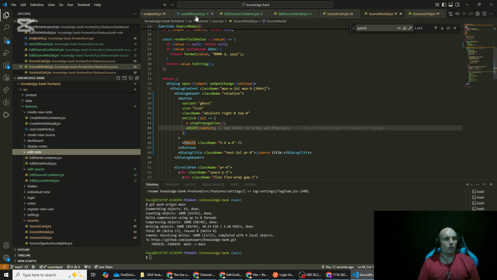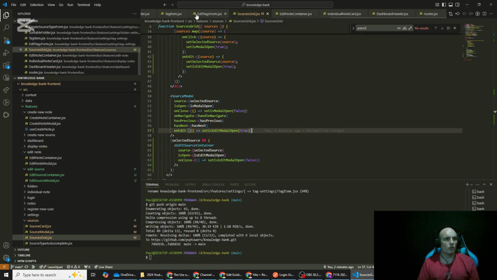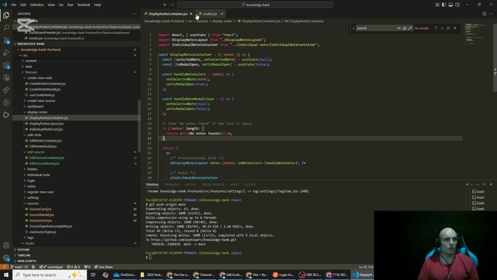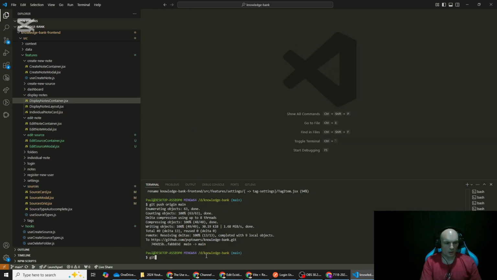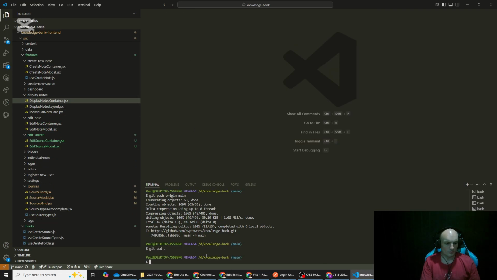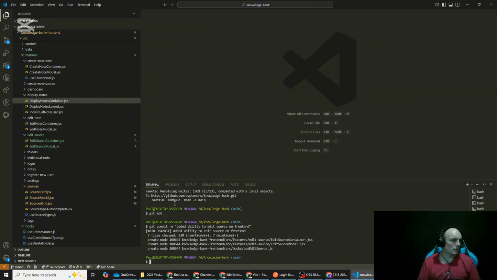So let's actually just close down these tabs. There's a lot of them. We'll commit this code, so git add, git commit, added ability to edit source on front end. Alright, then, so where we've got our modal,